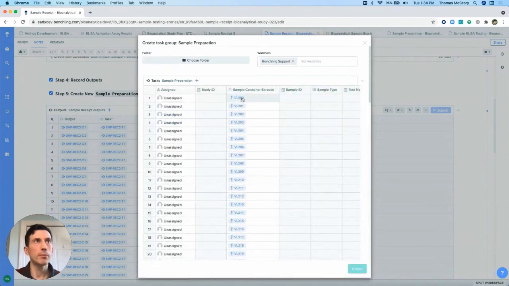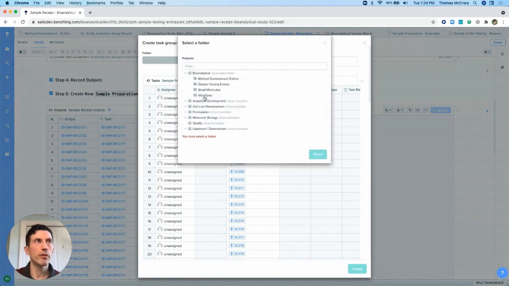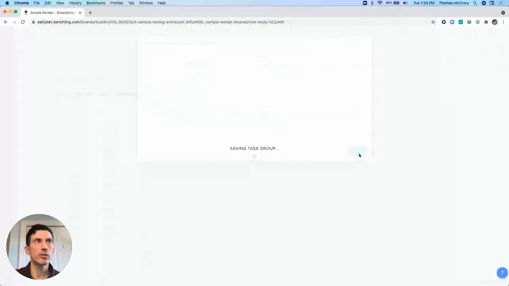This is automatically mapped for me, so it's pulled in from my output directly into my new set of tasks or inputs. And I'm able to, we'll say, assign those to a specific folder,